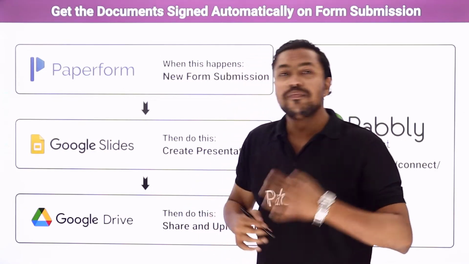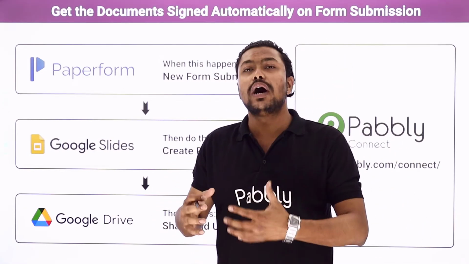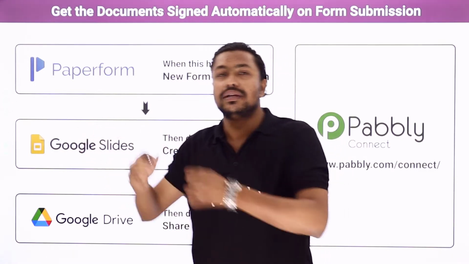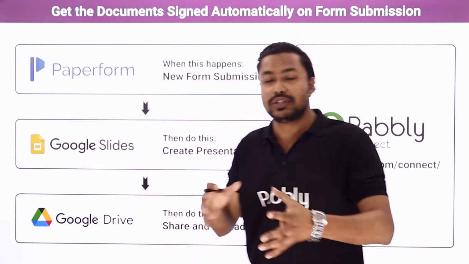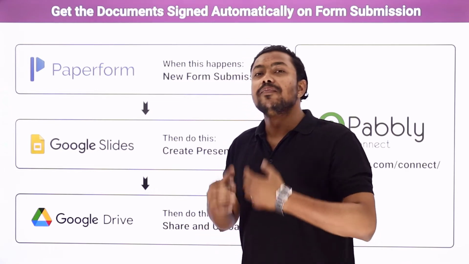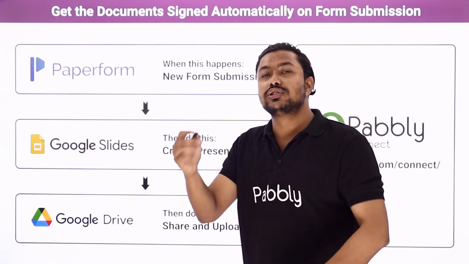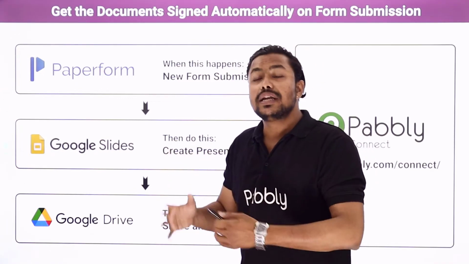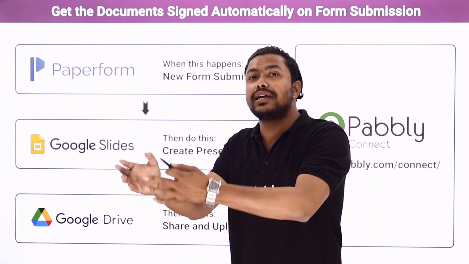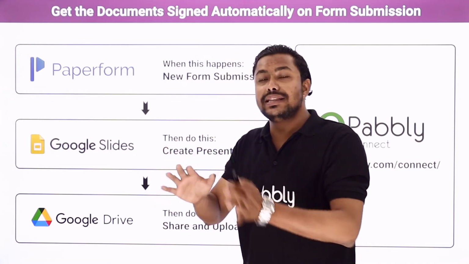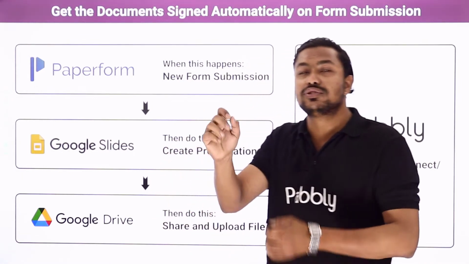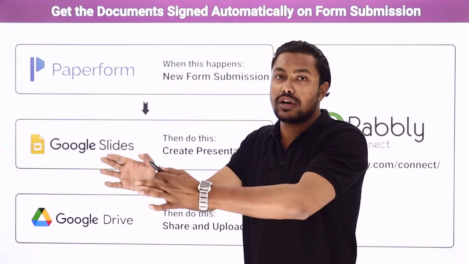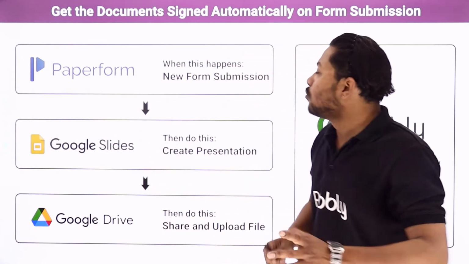Now what is happening? Suppose you are going to send a form to a lot of people. Here I am giving you the example of a school. I am a school principal and I want the parents to sign a document where I have clearly written that schools are open. If you want your kids to attend the school in this COVID pandemic, you have to sign this document and give the authorization so that we can allow your kids to come to school. Okay, so what will happen?